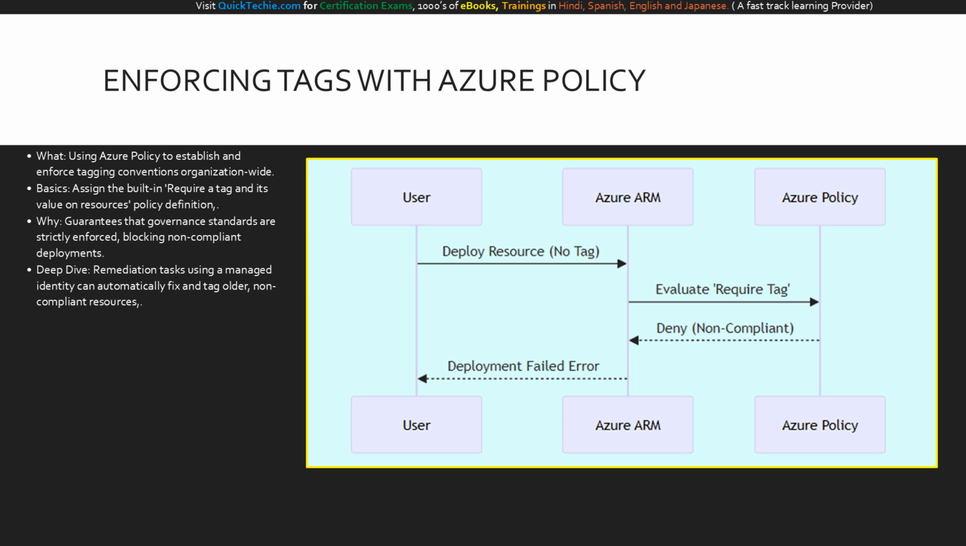If an engineer forgets to add the mandatory cost center tag during a deployment, Azure physically blocks the creation of the resource. How do you handle environments that were built before you implemented this rule? For our deep dive, you can use a modify policy effect and trigger a remediation task. This uses an Azure managed identity to go back into your environment and automatically append the missing tags to your